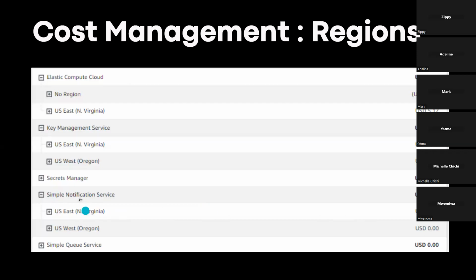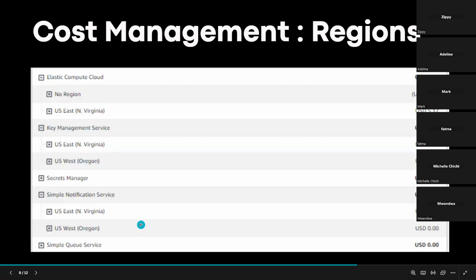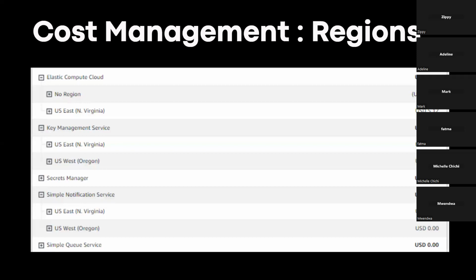For example, you can see for SNS here, it's been billed across 2 regions. So it's very important just to make sure there is that consistency in usage. And again, this matters if there are multiple people utilizing a single account, and some of them don't have the know-how to check for this.